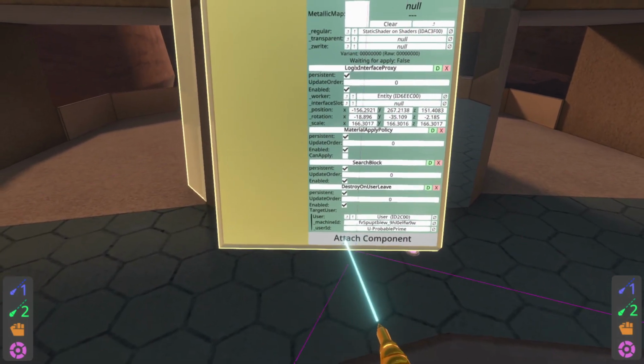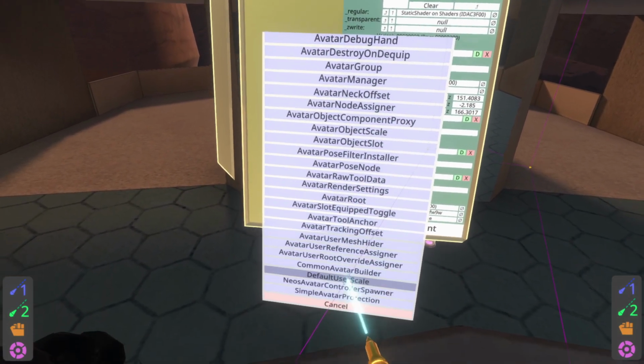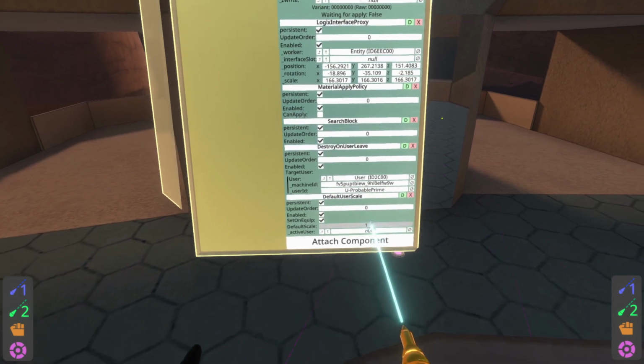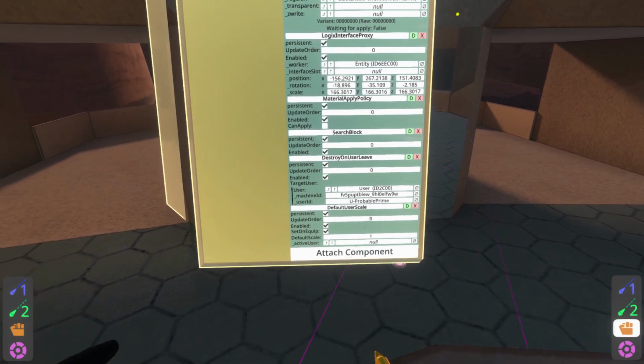Once we get to the bottom, I go to Attach Component, then go to Users, Common Avatar System, and then you're looking for Default User Scale. With this component added, what you then need to do is change this number, and this number will affect how big you are when you join into the game. So if I change this to 0.5,